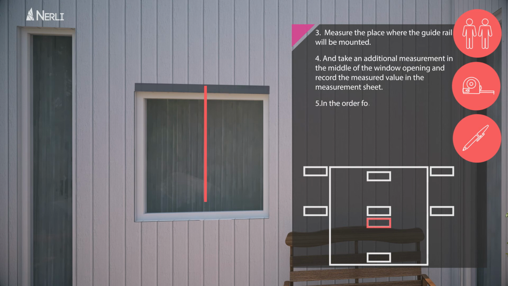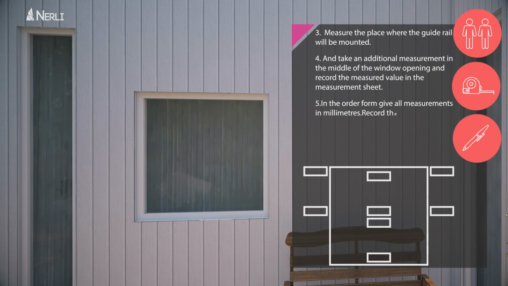Rewriting the measurements in the order form. In the order form, give all measurements in millimeters. Record the following values in the order form: the highest vertical measured value, the highest horizontal measured value,